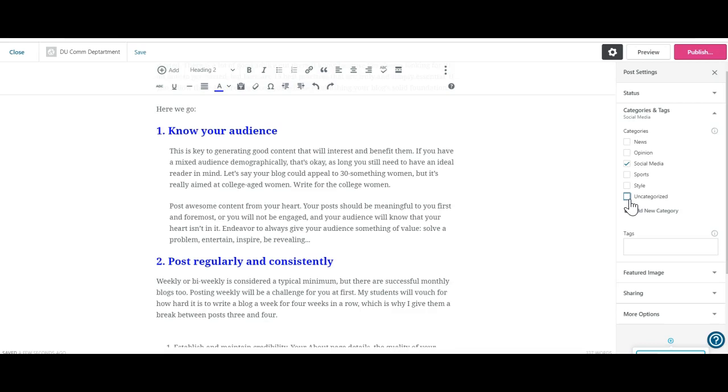Now the benefit of using categories, when you are creating a lot of content, you can then start to create navigation around your content. So if I have a lot about auditing or best practices, that can then become a part of my navigation. Okay, then when we come to tags, this is the SEO,